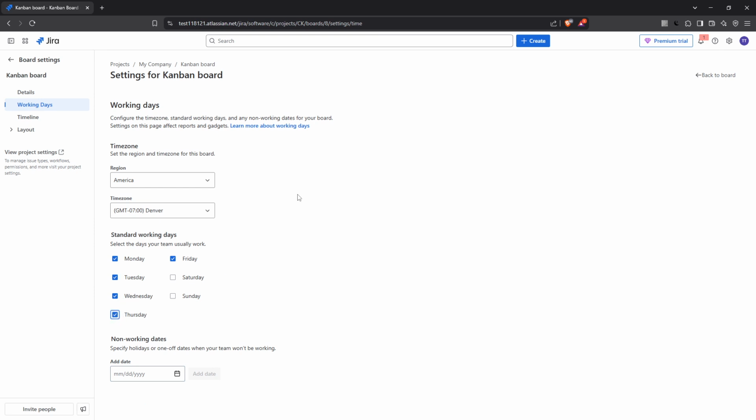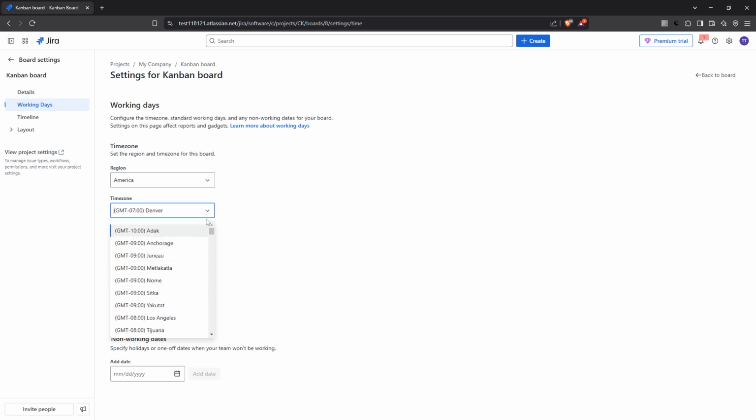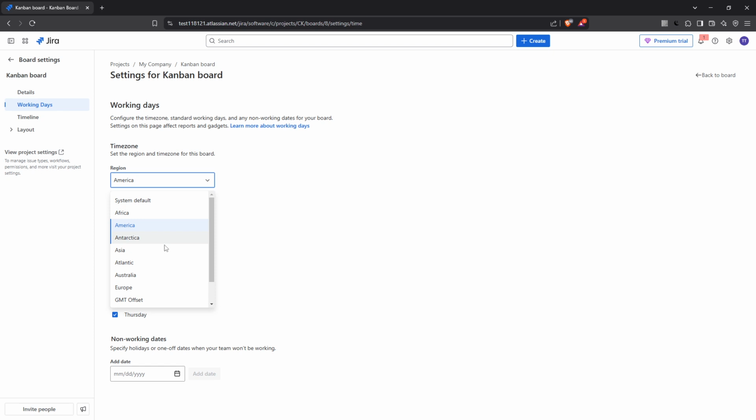Additionally, if your team operates in a different time zone than that of the server, you can select your team's specific time zone within the settings. Time zone accuracy is crucial, particularly for international teams, to ensure everyone is on the same page regarding deadlines and meetings. Finally, should you need to change the board's default time zone, you have the option to select a region,